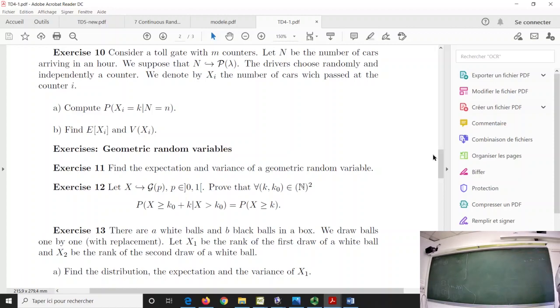What do you do concretely when you want to compute Xi in real life? You have a look at the cars. You have, let's say, the first car. It chooses or not. If it chooses, one more. For the second, the same happens, and so on and so on. It's the way that you count. So try to translate what I have said here in terms of probabilities or in terms of random variables.